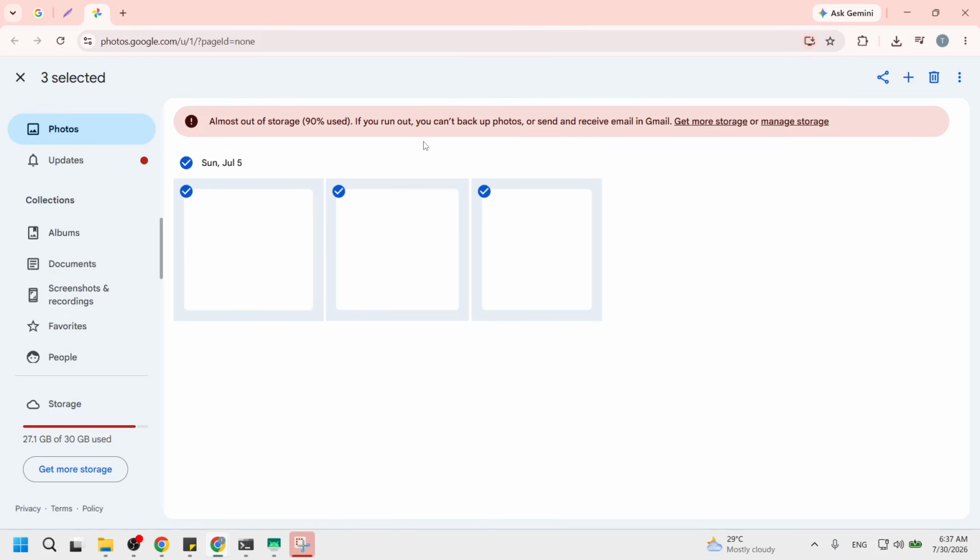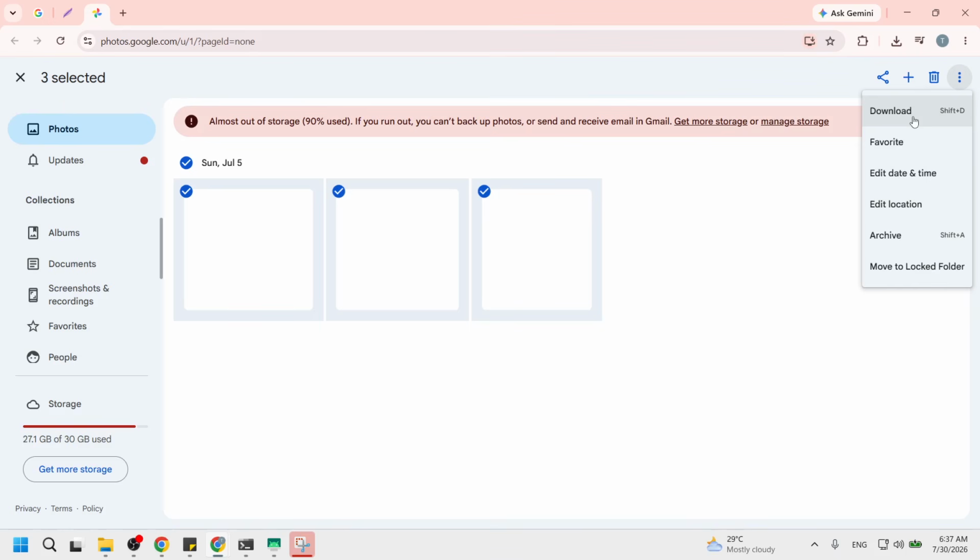Once you have chosen your photos, click the three vertical dots in the top right corner of the screen. This opens a small menu of actions that apply to everything you selected. The menu usually includes options like download, share, and others, and you will see it drop down just below those three dots. If you do not see download, double-check that at least one photo is still selected by looking for that counter at the top.